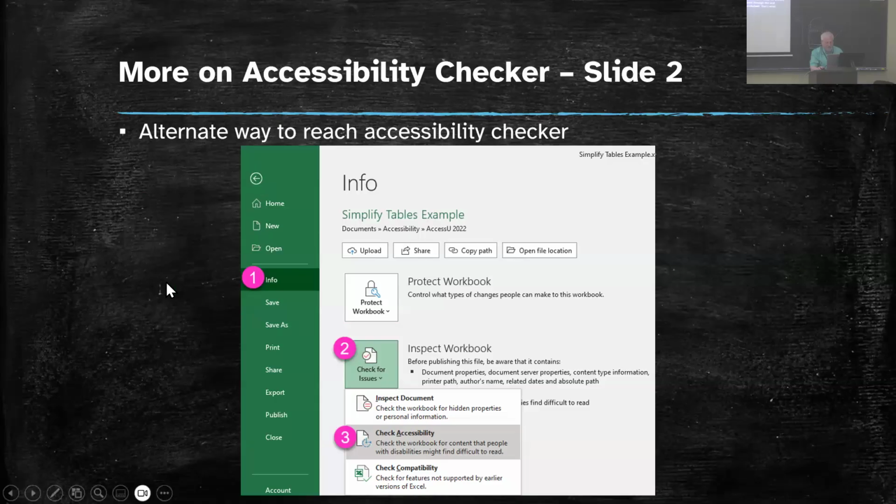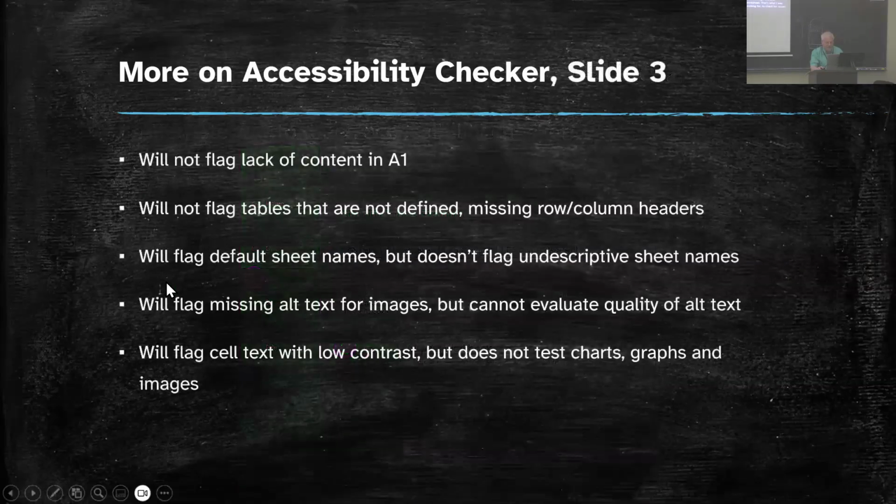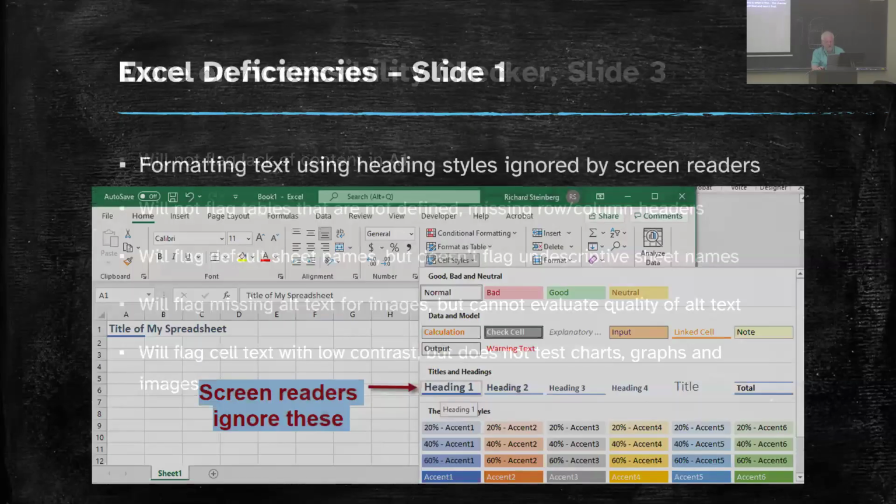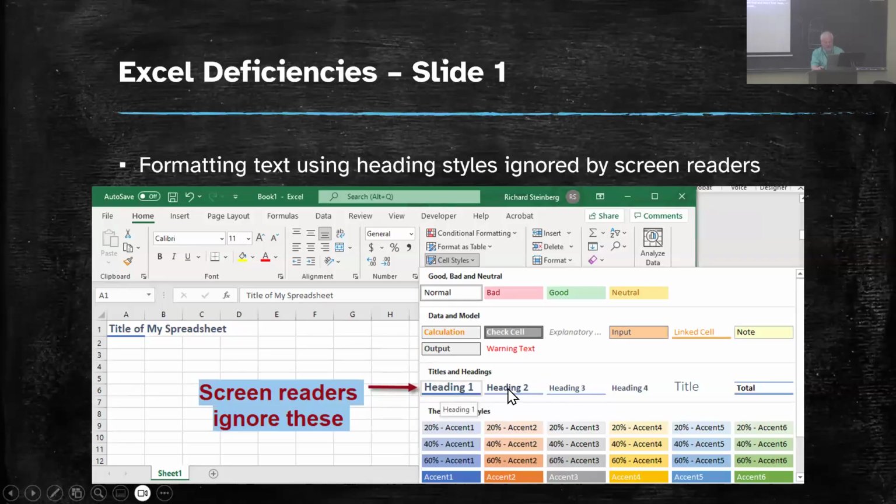The check for issues. That used to be on there, and this is what the checker will find and won't find. I was saying heading 1, heading 2, heading 3. A screen reader user can't navigate by "show me all the heading 2s in this file." You could style it like that, but it's not going to let you navigate with JAWS or NVDA for that matter. So I don't know why. I guess Microsoft, one team isn't talking to the other. In Word, it works great, but